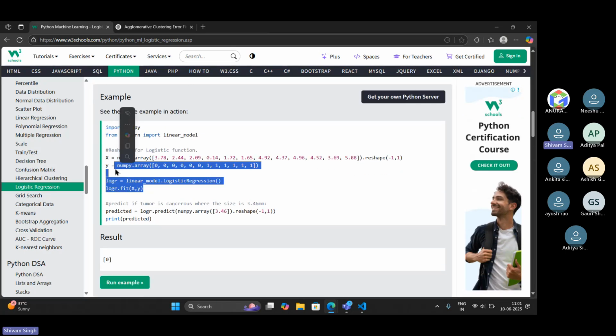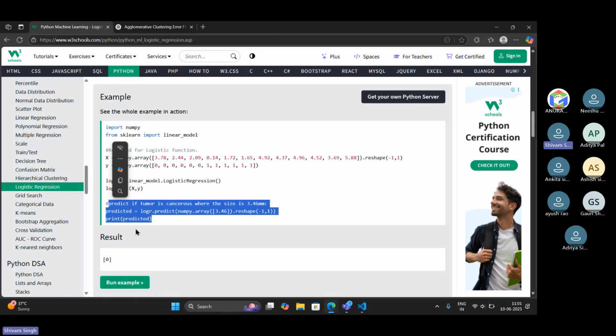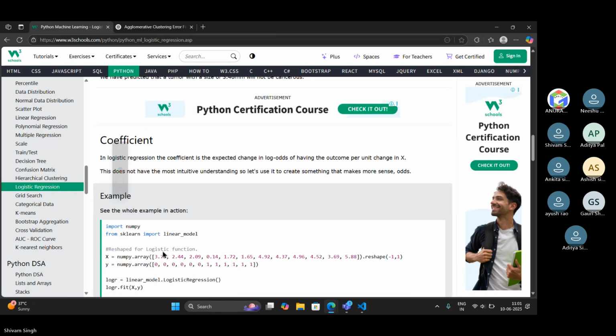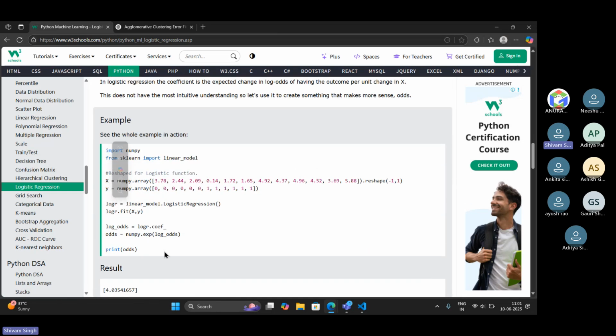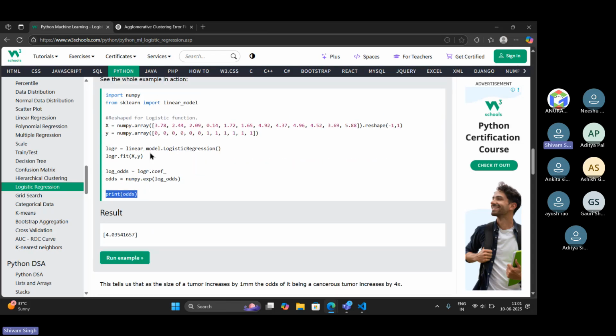And then we print the predicted output. Here also, we print the odds. So let's try it.